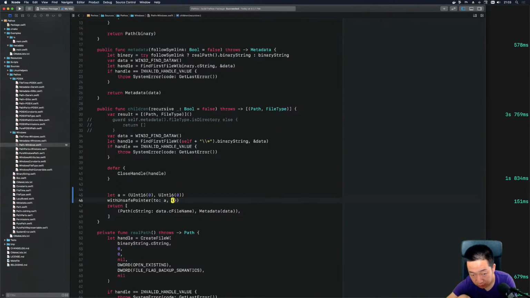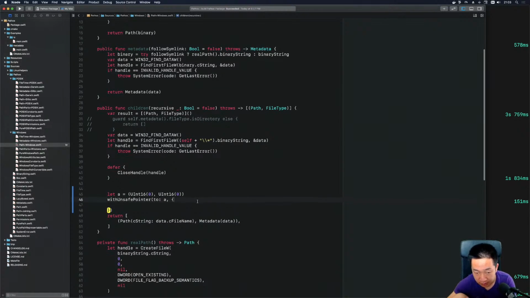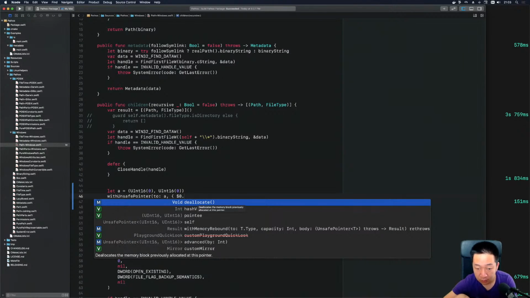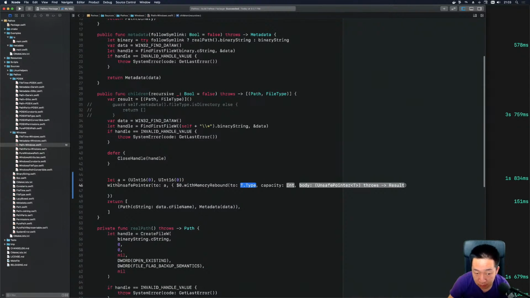And working with pointers is very interesting. It's always very fascinating, but also I forget what to do every time. With memory rebound. Oh, thank you very much. Okay, so we first get the onSafe pointer, and then we bind its memory